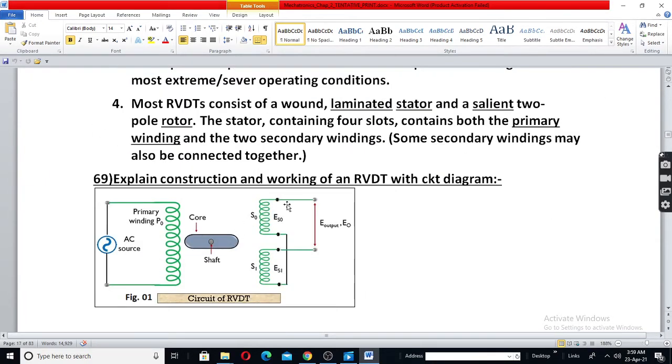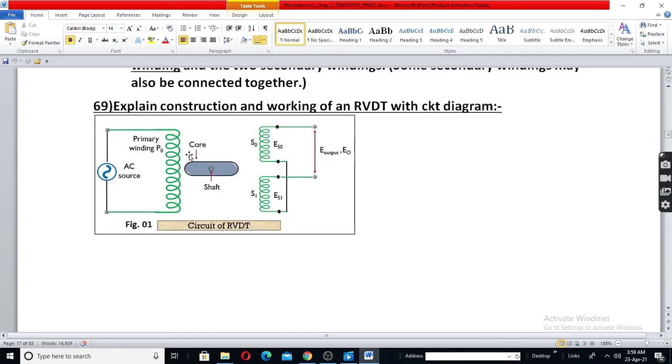Similarly, we have the angular type here. This is a primary single coil. Secondary, again we have two coils, connected in series opposition, two identical coils. Now this is a core which is rotating here. When the core is like this, symmetrical with respect to the secondary, the voltage induced here and here will be the same, and the output will be 0.